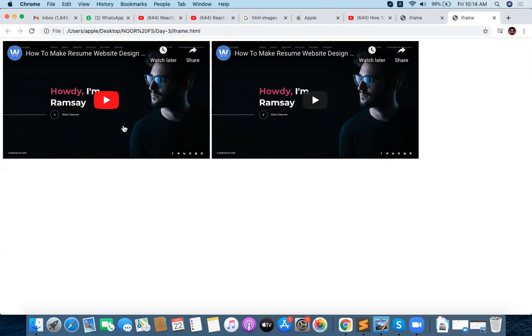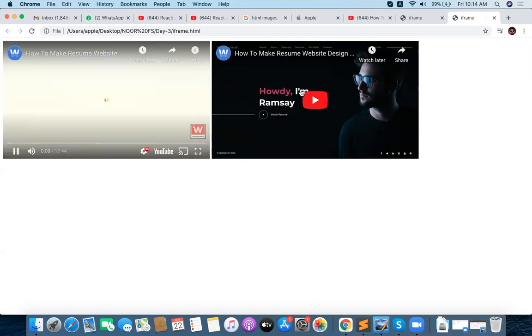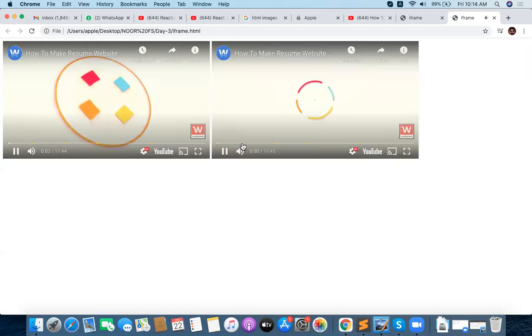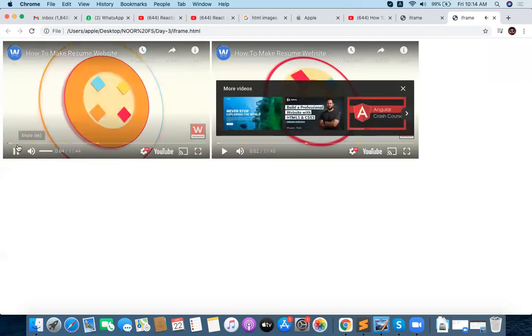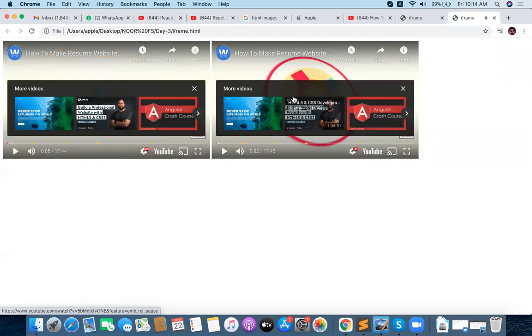This is playing separately for you, and this is playing separately for you. Loading any type of URL inside your root level page, internal browser content loading inside your main page, that is actually called iframe.